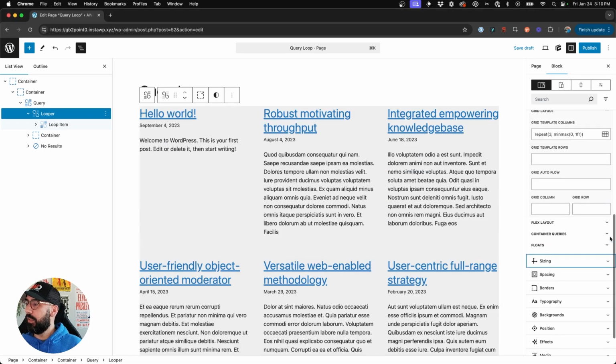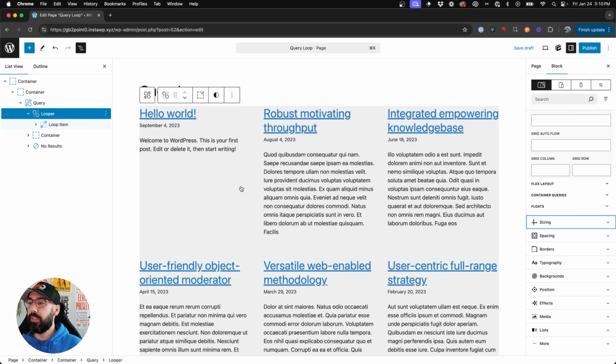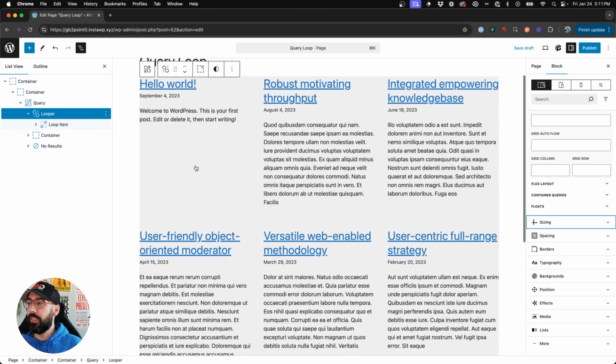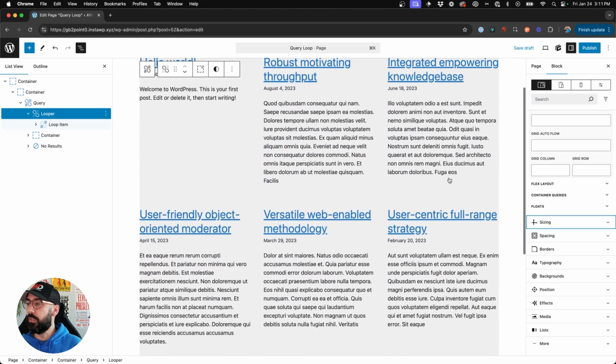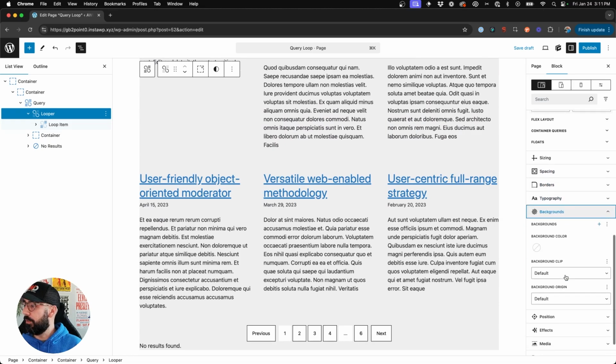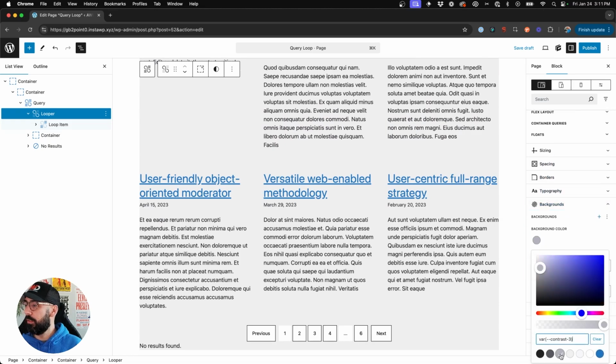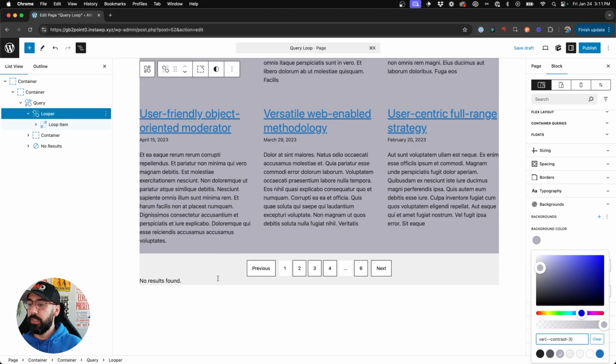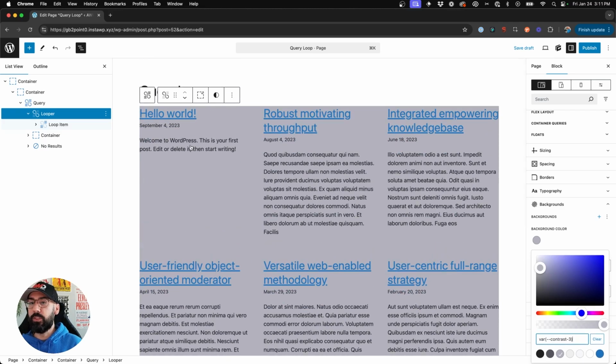Now keep in mind, these settings are not controlling the actual individual content within the looper itself. This is really affecting the entire section that holds the loop. So if we were to change the background color on this particular block to a darker gray, you see our original lighter gray encompassed the entire section of blocks within the query. This one is actually just the looper section. And so when you're editing the styles, you want to keep that in mind, that you're affecting the entire section,